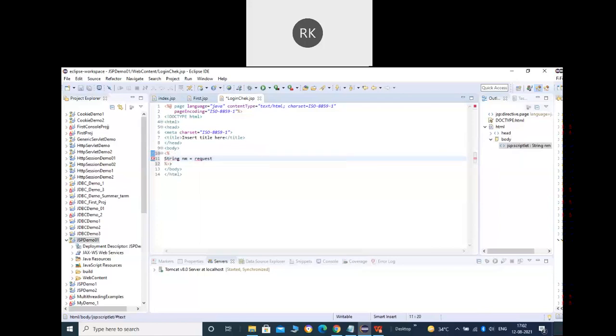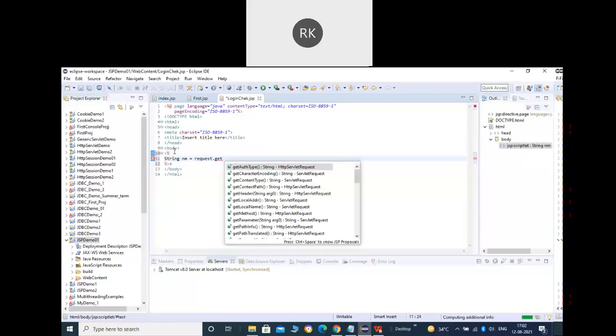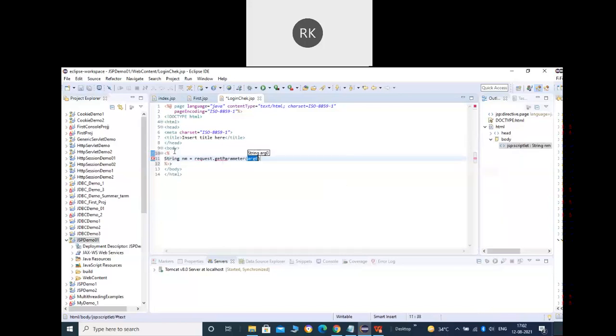The same thing that we do in a servlet can also be done in JSP, because it is Java code. This is how you can write it within the scriptlet tag. Define String nm equals request, you can see I'm using the request directly here, dot getParameter, where the parameter name is T1.